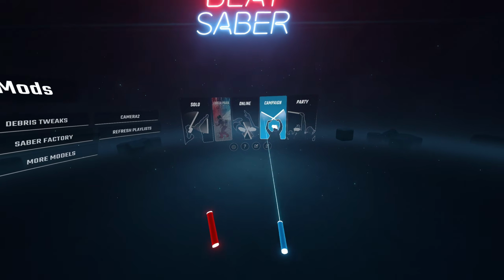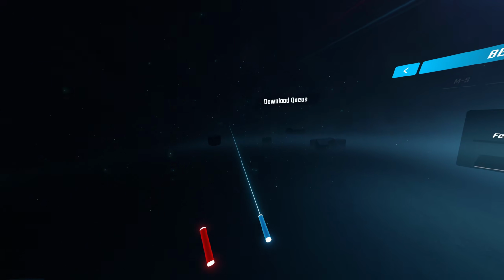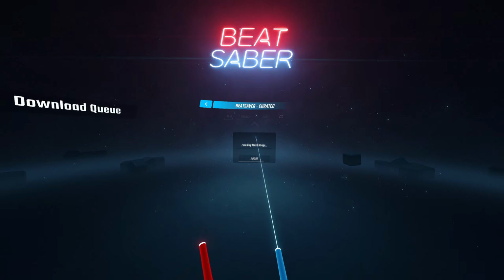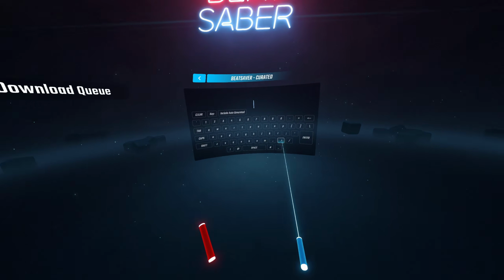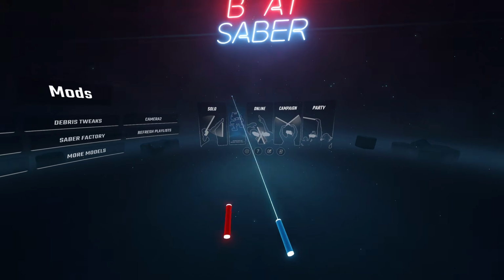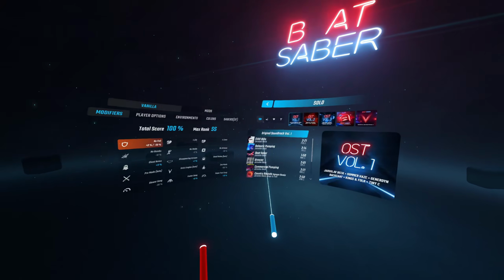You can also browse for custom songs in-game by clicking on the More Songs tab. This one should come pre-installed once you mod the game. Give it a second to load, and you should be able to click search and search for any songs and maps that you want. Then, once you're ready to play, simply jump back over to the main menu and click on Solo,